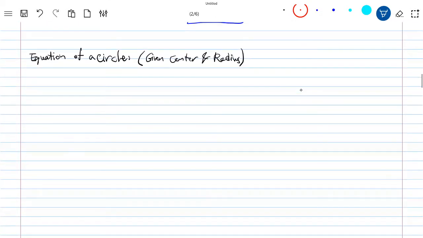Okay, we want to discuss the equation of a circle. The equation of a circle is a consequence of the distance formula. So let's first think about it in terms of the definition of a circle. What is a circle? So if you have a point as a center of a circle,